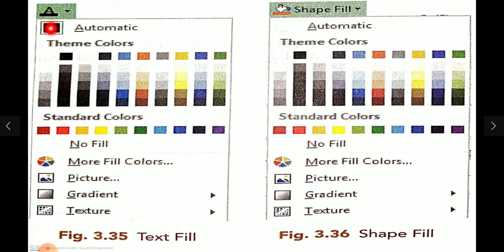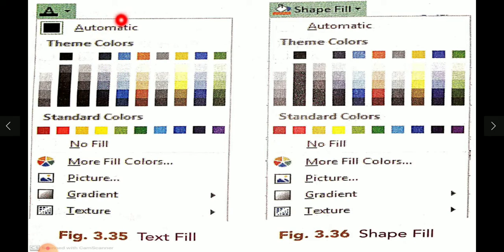First thing I will select the text or the word which I want to be in color. Then I'll go for the font color that can be accessed in the Format tab. Then I will choose whatever color I want. This is a text fill. I am changing the color of that particular text.